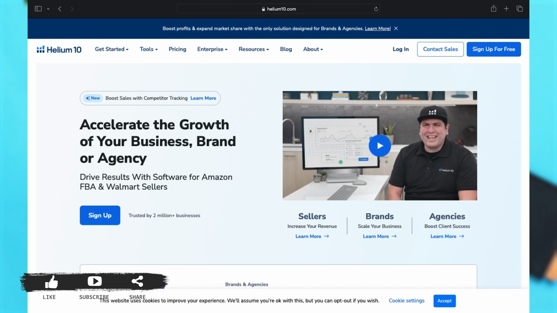Now, if you're wondering what Helium 10 is, Helium 10 is a suite of powerful tools designed specifically for Amazon sellers to optimize and grow their businesses on the platform. It is a valuable resource for Amazon sellers looking to streamline their operations, increase their visibility, and maximize their profitability